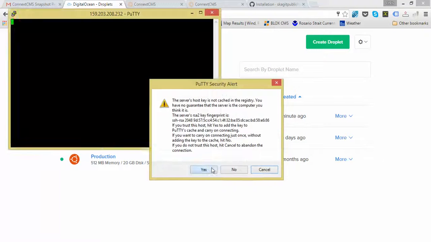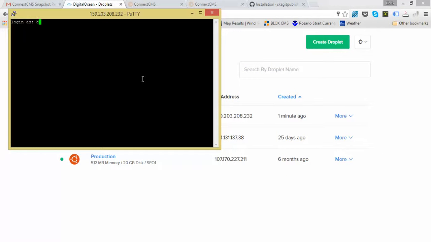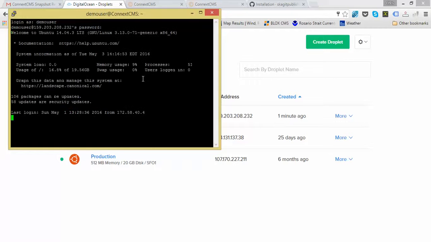Click open, accept the RSA key, and then log in with that demo user login name, and the password is demo user password. I'm just waiting for it to do the handshaking. Okay, so once you're logged into the command line, you can do a listing of the directories, and you'll see